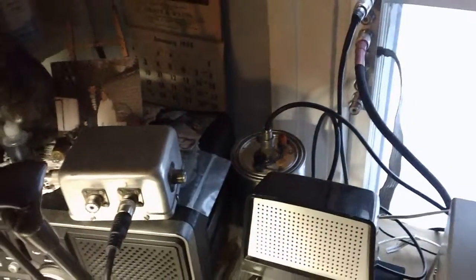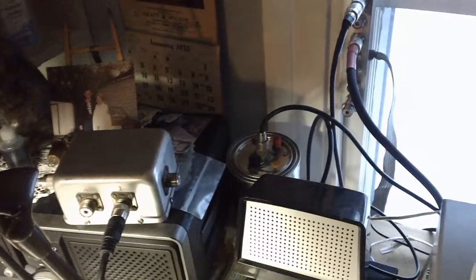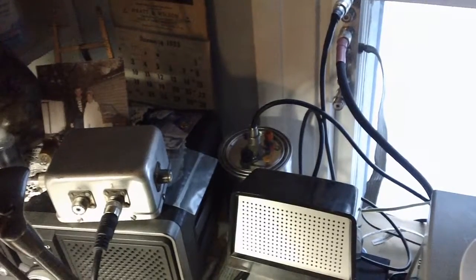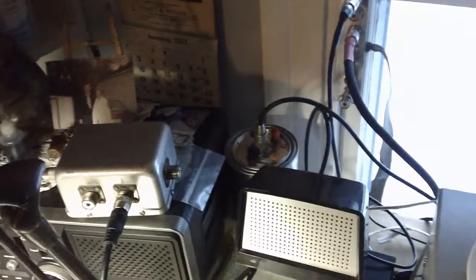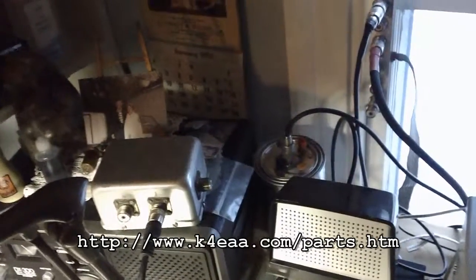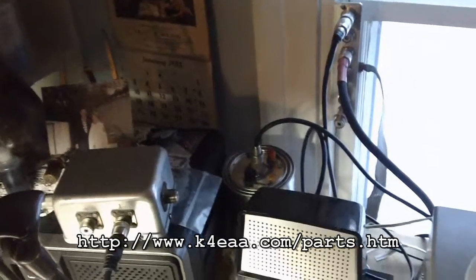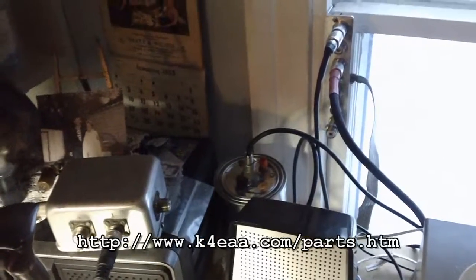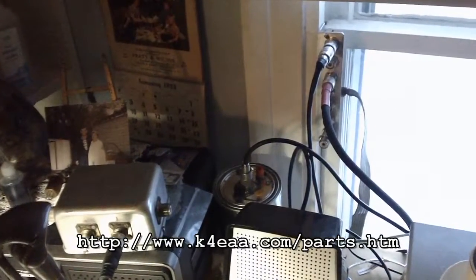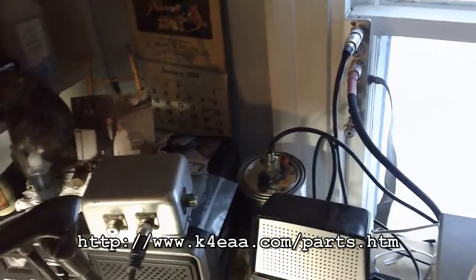You can put a meter across that and get a reading off it in voltage, and you can convert it with a little formula and figure out exactly what your output power is, and it's actually more accurate than a Bird watt meter, the infamous Bird watt meters, which are supposed to be very accurate. This is actually more accurate, and I bought that kit from a guy online, which I'll put up here on the screen. He's actually a Kenwood hybrid guy,